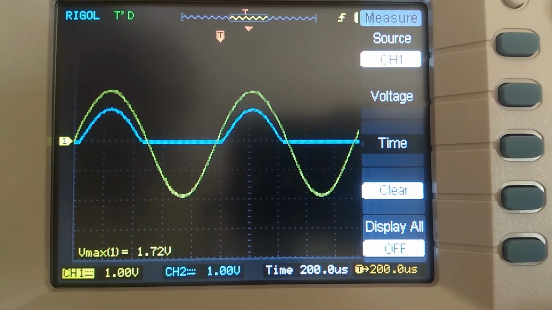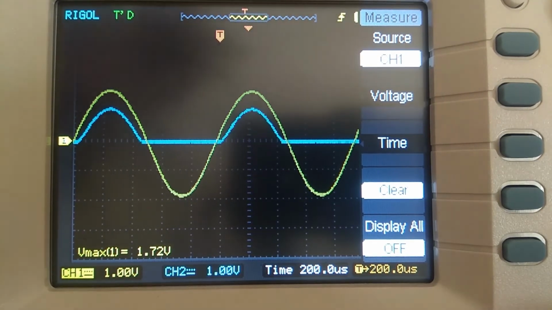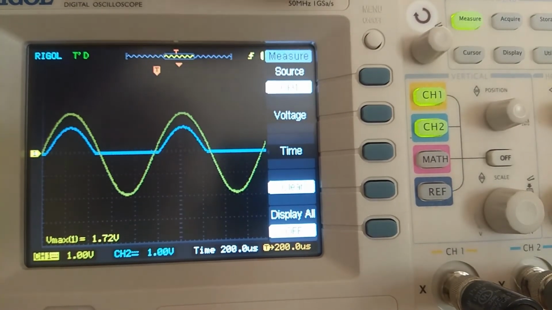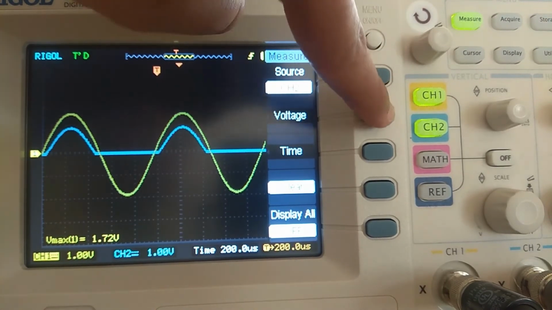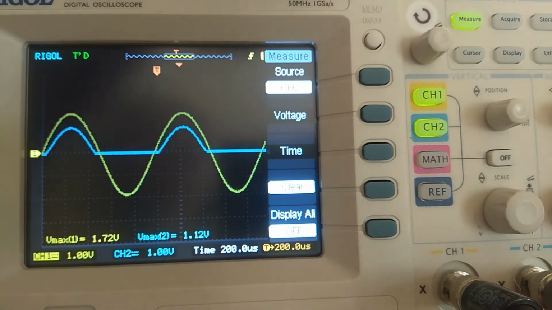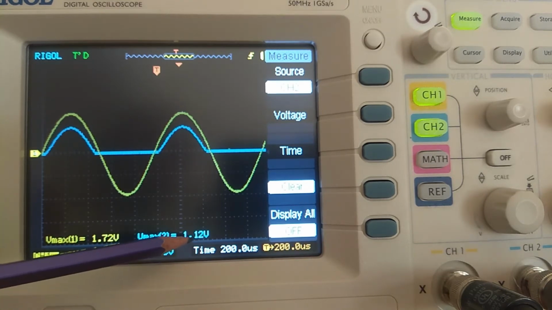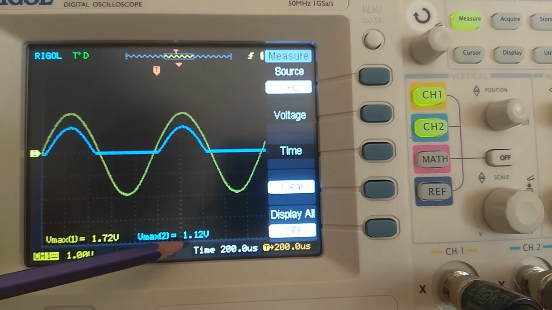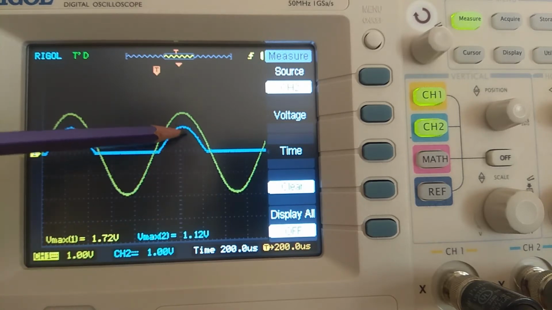Now if I want to see the measurement of channel 2, let me zoom out so that you can see how we do the measurement. Change to channel 2 and just tap your voltage, and if I am interested in the maximum, just tap this one, and you will get channel 2. See, 1.72 minus 0.7 means it must come to around 1.02. See, it is coming around 1.12. 1.72 minus 0.7, this is the maximum value that we are getting.